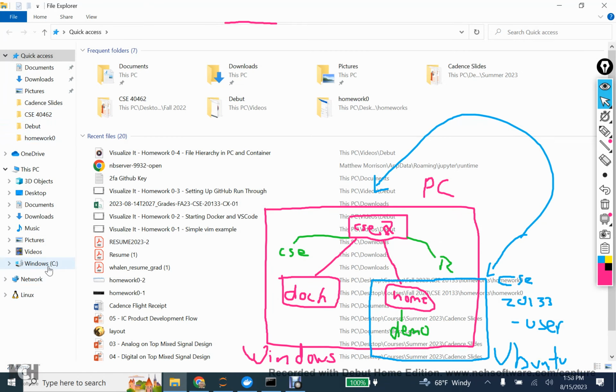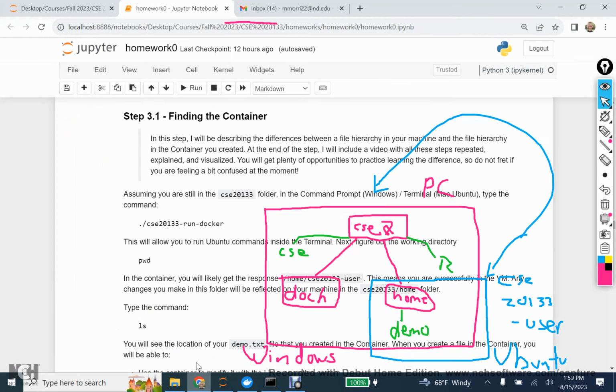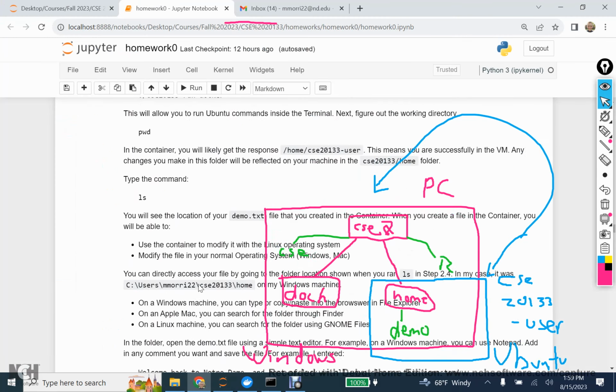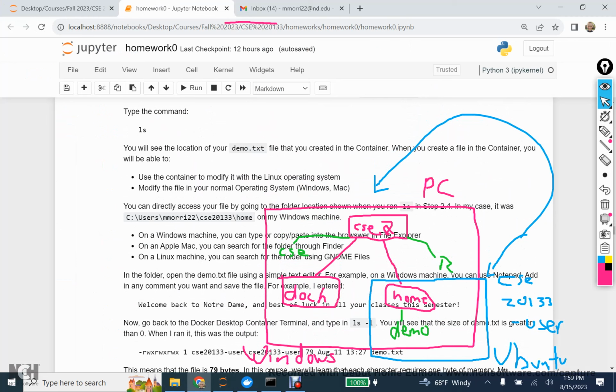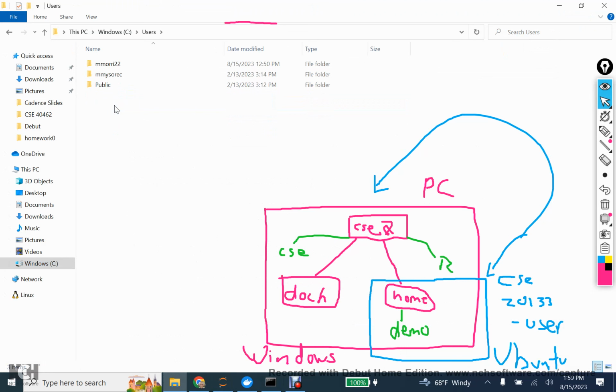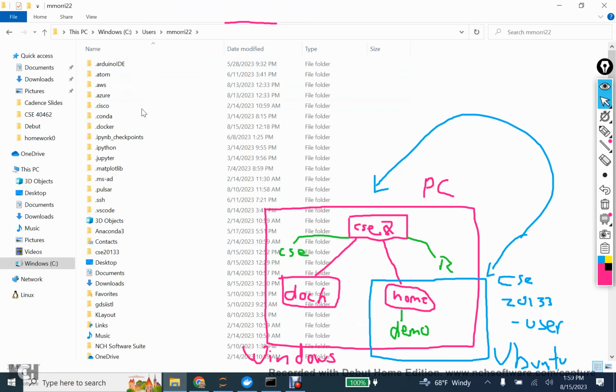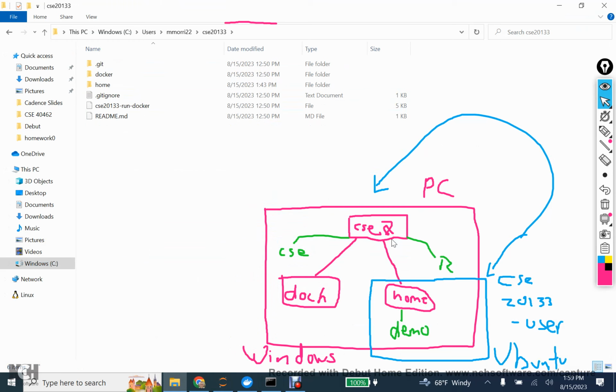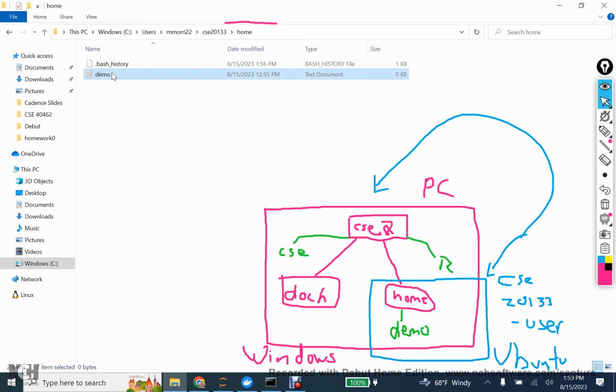And what I said is we have C, and then if I go here, recall I had users, and my username, CSE20133/home. So I go to users. So now I'm coming all the way down, going to my username here, 20133, and now look, I'm in the same hierarchy. I go into home, and I'm able to edit